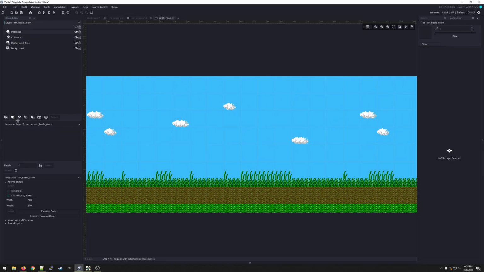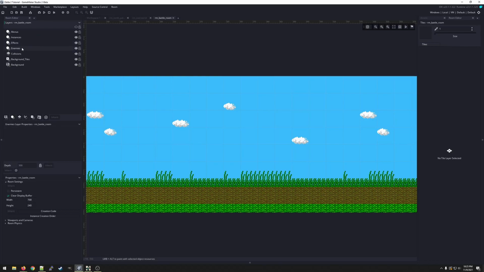And then we just add a bunch of instance layers. So we have our menus where we would pop up our level up menu. Instances. Move you to there. Then we have our effects